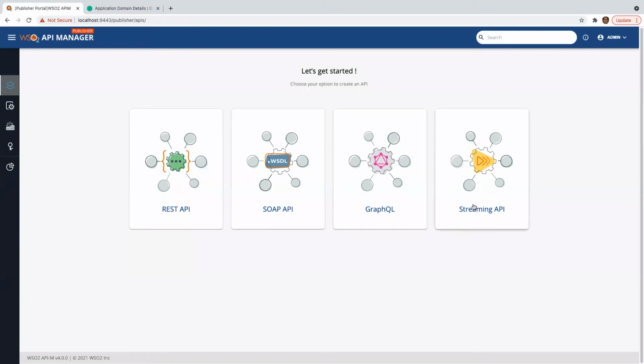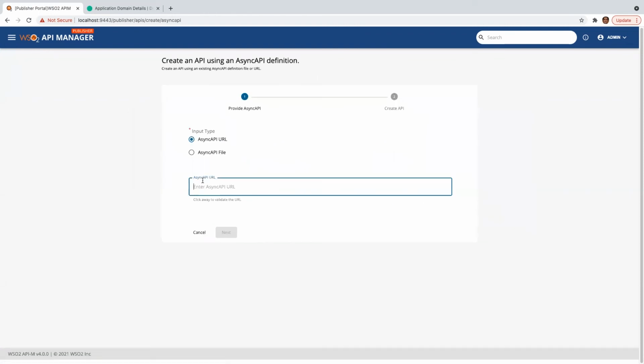As I explained before, we call it a streaming API to account for the fact that we are managing event streams here. Now you can simply import such AsyncAPI definitions that were exported using the event portal of the Solace platform.